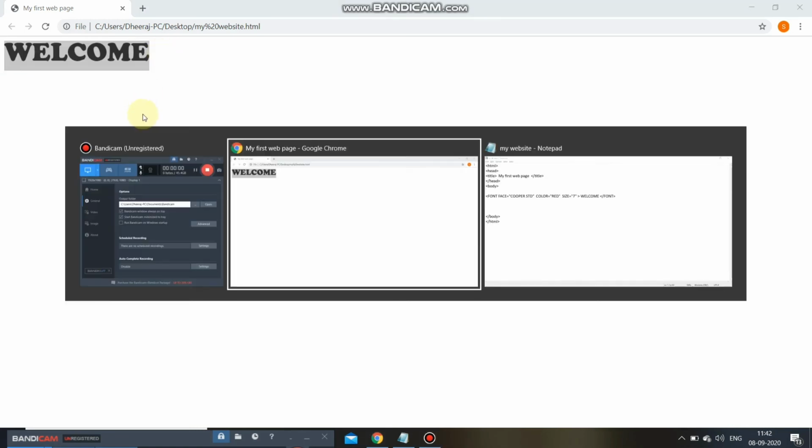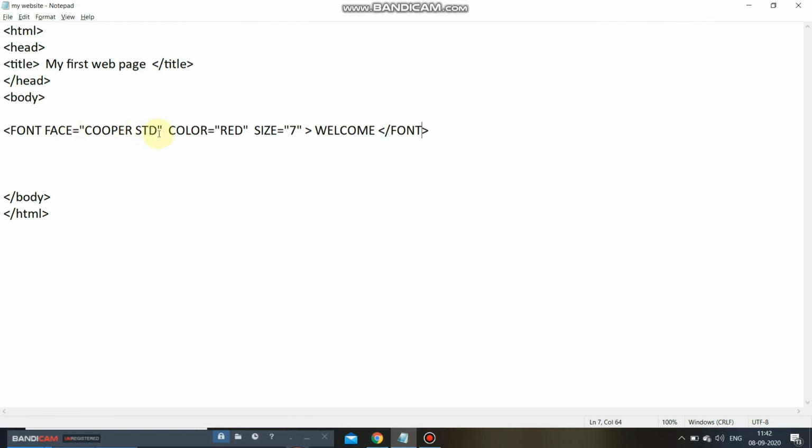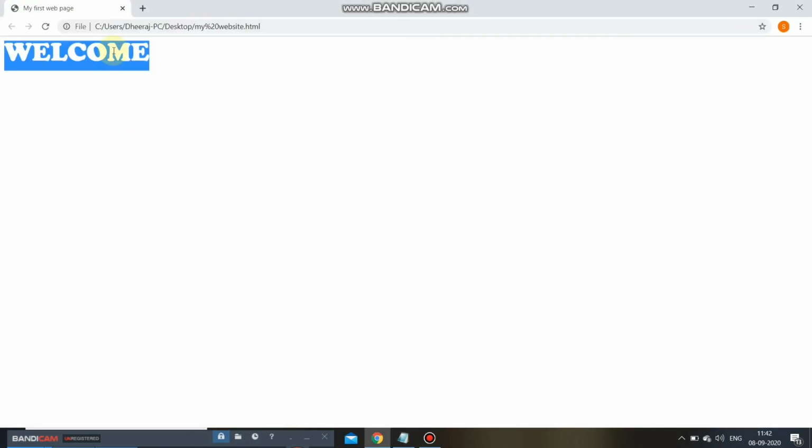If I don't like the font of this, I want to change the font face. I'm mentioning here Hobo STD. I'm pressing the Ctrl S key on the keyboard, going to the final web page and clicking refresh. Can you see? Changes have been made.